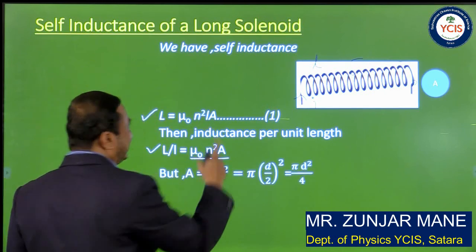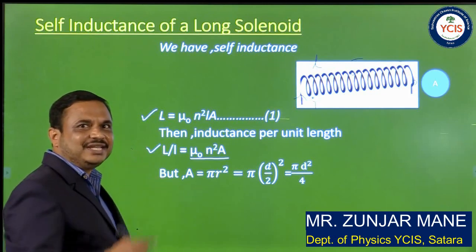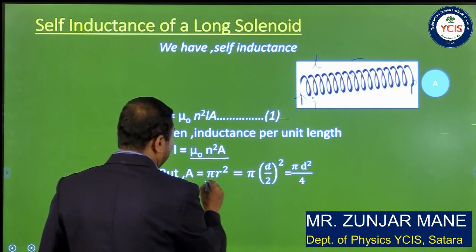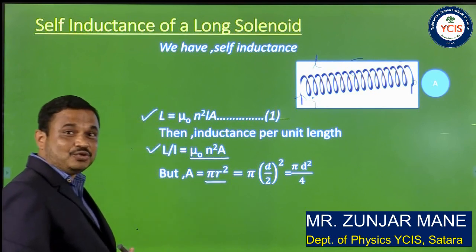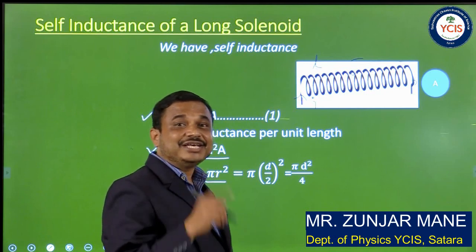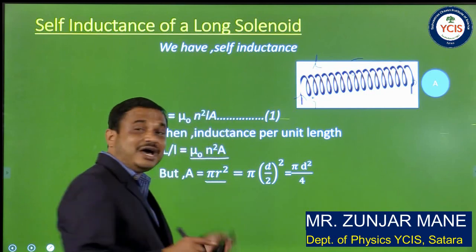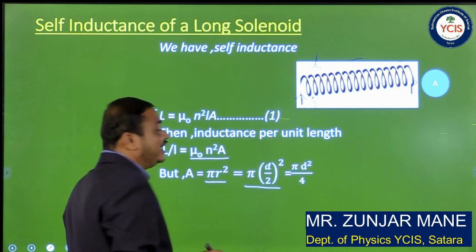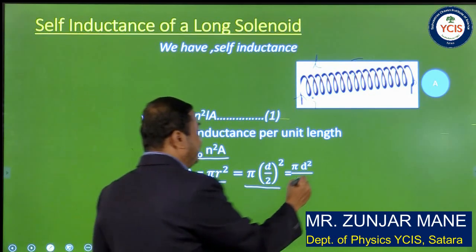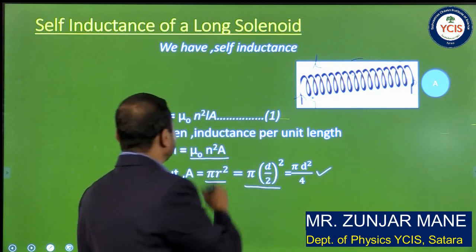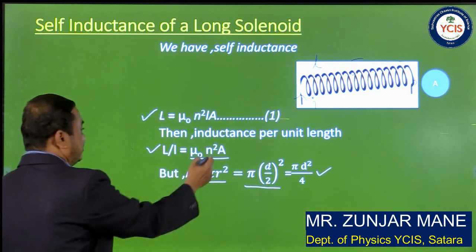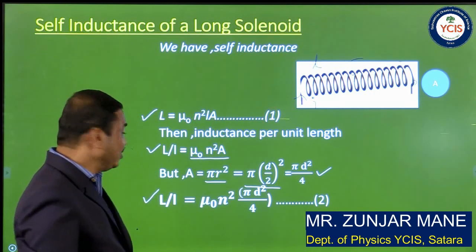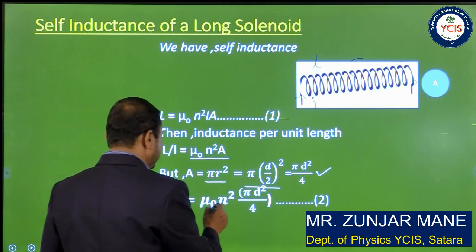But if the cross sectional area is circular and r is the radius, then A is equal to pi r square. If r is the radius of that solenoid, which is half its diameter, this can be written as pi into d by 2 bracket square, and that is pi d square by 4. Now substitute this value of A in the above equation, we get the self inductance per unit length of the solenoid given by the equation